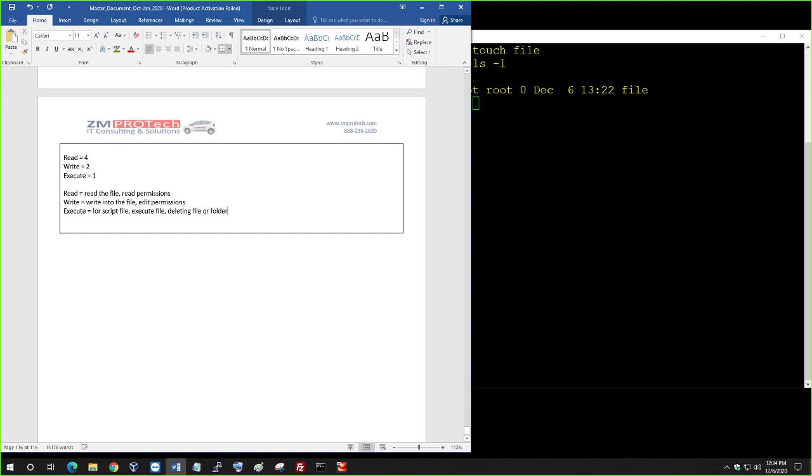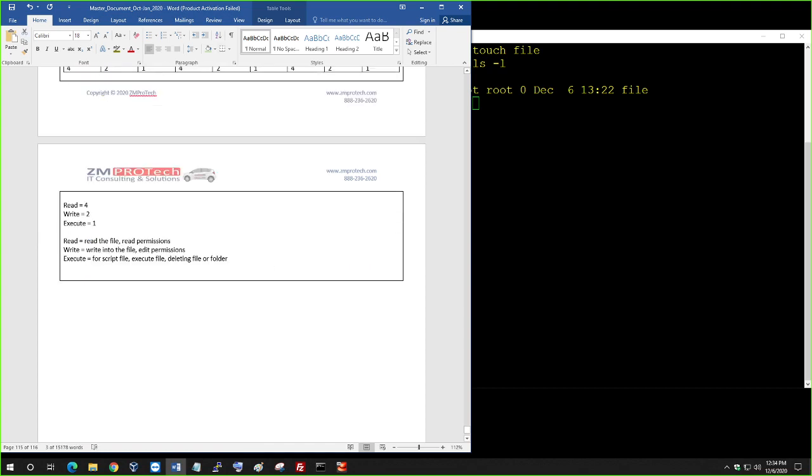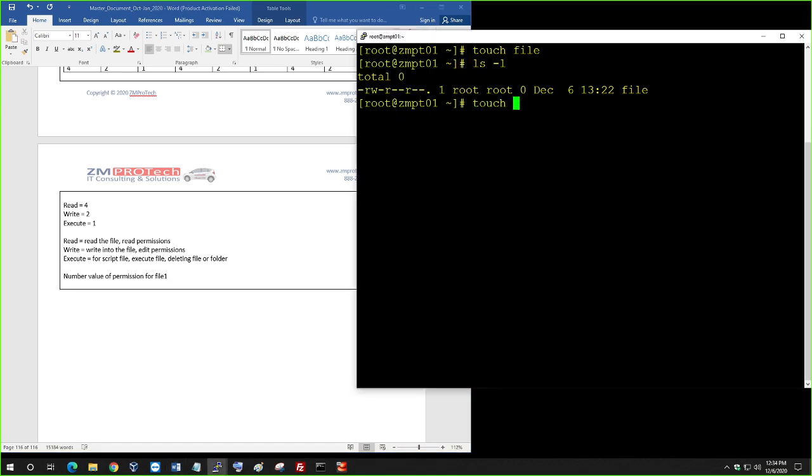So now let's focus here. Over here, there is a number associated with this, right? So let's see what the number value of permission is for the permission file here. Actually, let me just create a file with touch file1, so that we're not just dealing with